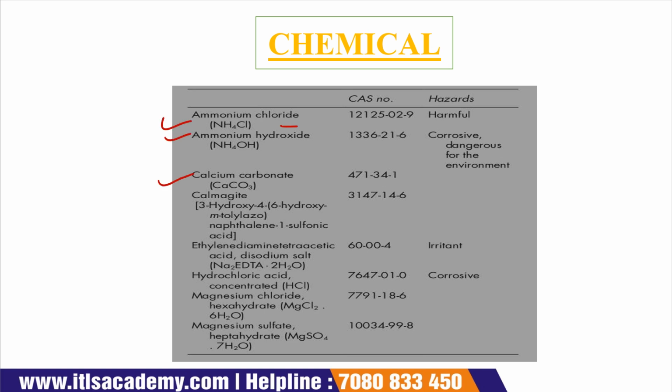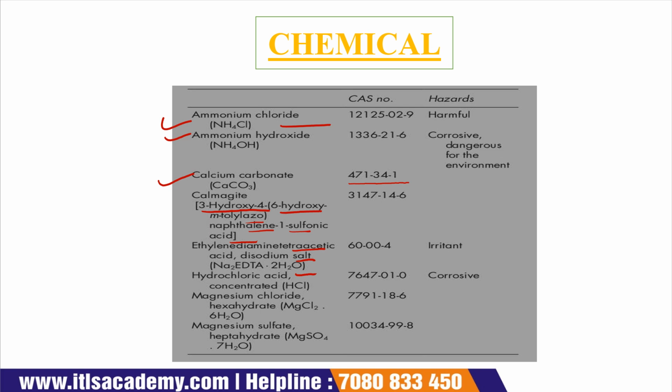Ammonium chloride CAS number 12125-02-9, ammonium hydroxide 1336-21-6, calcium carbonate 471-34-1, Calmagite, also called 3-hydroxy-4-(6-hydroxy-m-tolylazo)naphthalene-1-sulfonic acid, 3147-14-6. The next one is EDTA, that is ethylene diamine tetraacetic acid disodium salt,